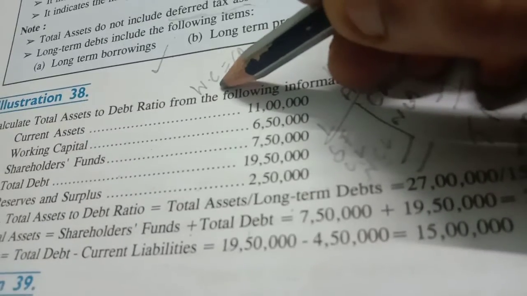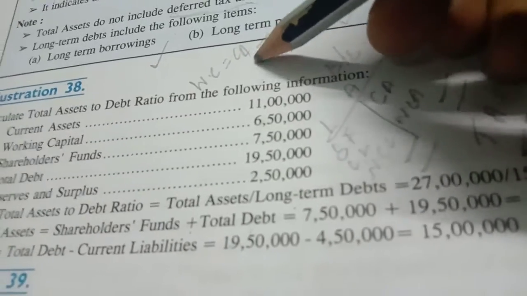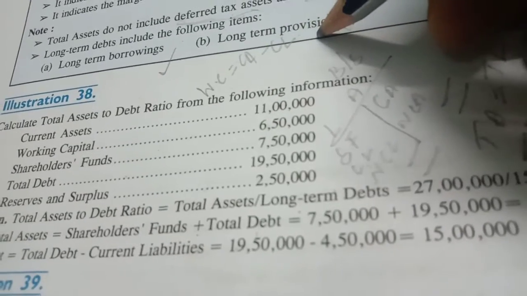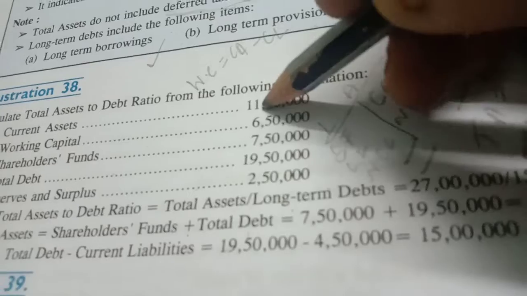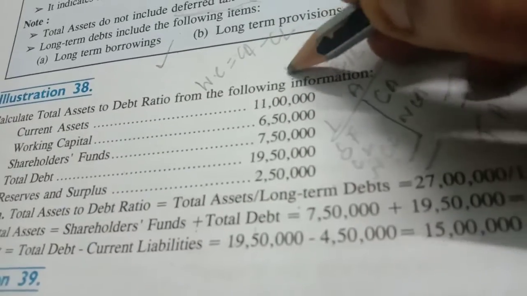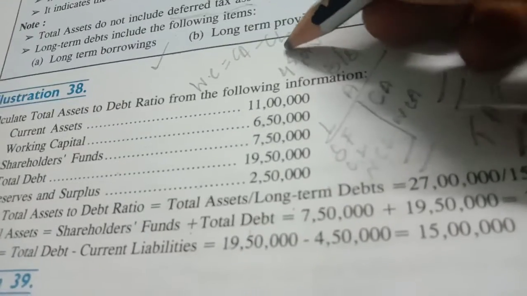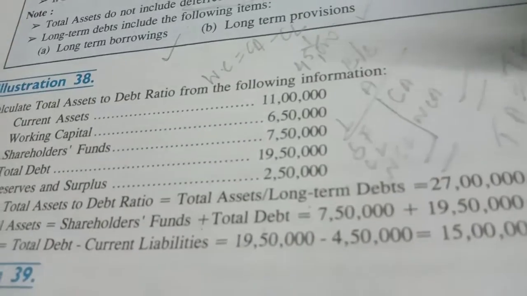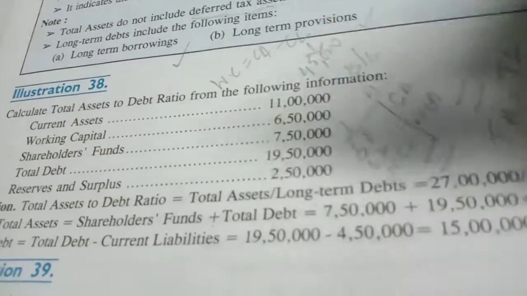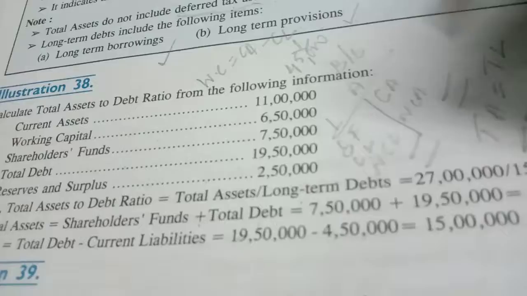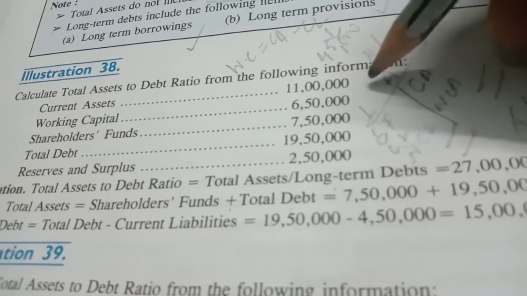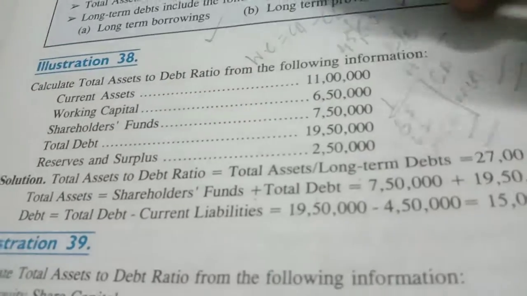We have to apply in this, working capital equals current assets, that is 11 lakhs, minus current liabilities. So 11 lakhs minus 6,50,000 is 4,50,000. That is the current liability. Definitely there will be some hint to find the missing figure. We have to know all the formulas. We should be very thorough in all the formulas and the basic concepts. It's a very simple sum.